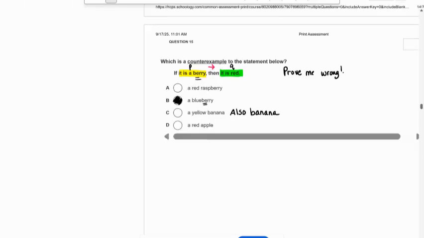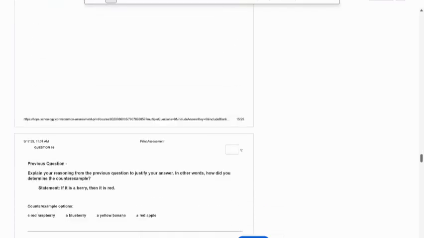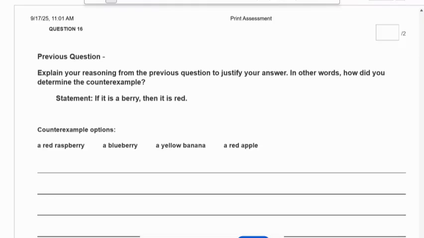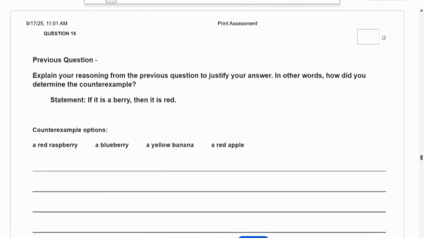All right, now for the next question, we have to explain our reasoning for what we just did. And I was trying to get it so we could see. Oh, there it is. Okay. So we could see the last question and where we have to write our explanation. All right, so I'm going to start off by saying, for a counterexample,